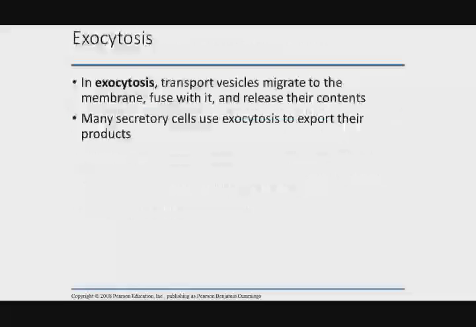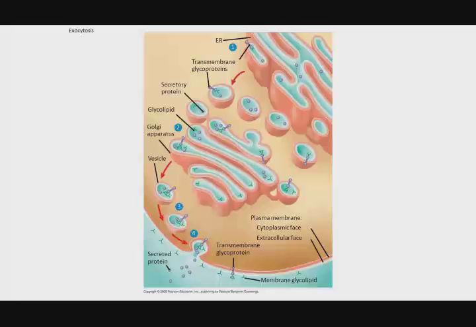And so let's take a look at exocytosis as our first example. So this is going to be bulk transport of stuff leaving the cell. So remember when we talked about the endomembrane system, we talked about proteins being processed in the ER, getting some carbohydrates added on there, some polish work being done in the Golgi apparatus, and then one destination was a secretory vesicle from the Golgi